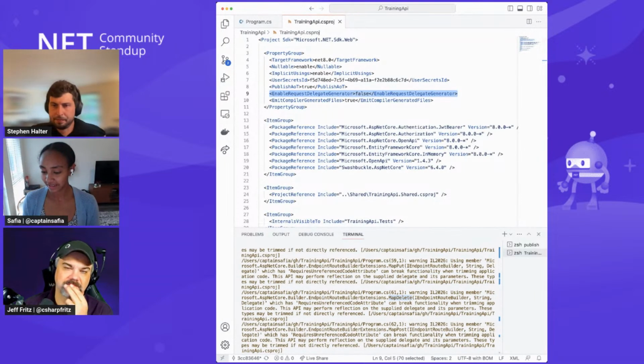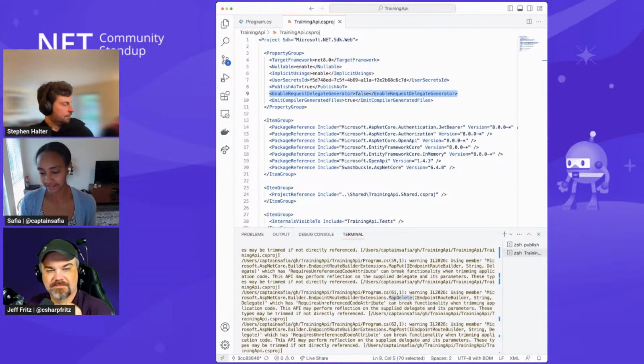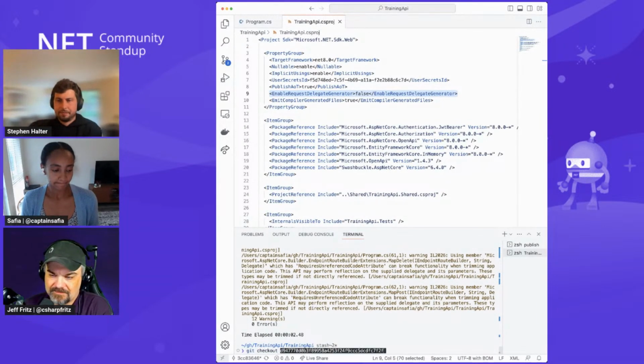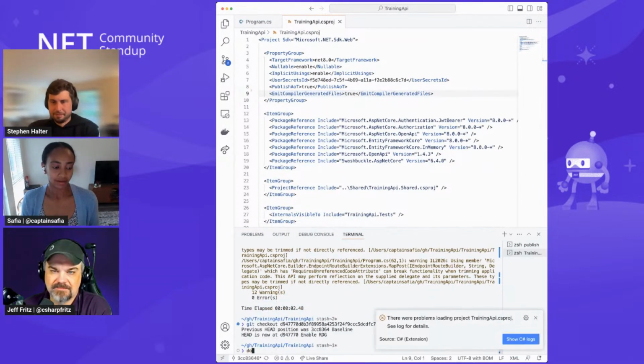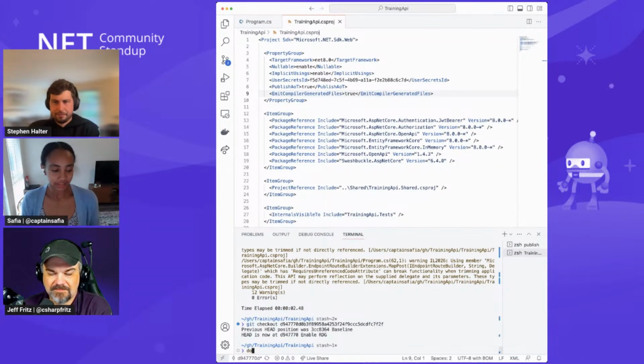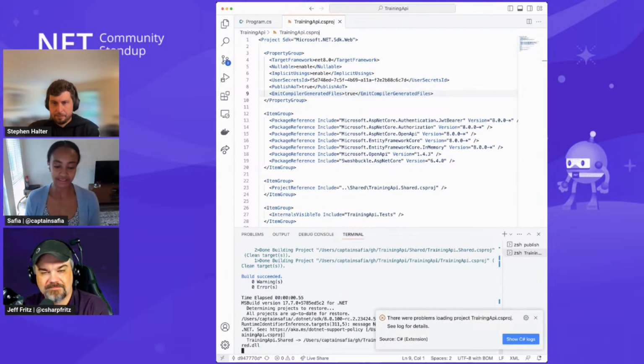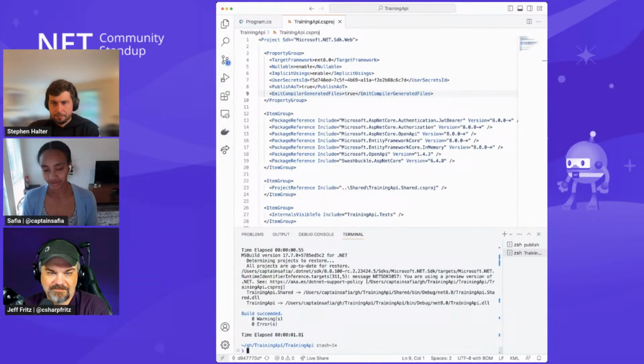And if I take a stab at removing this, pull out this commit, what I should see now is that doing another clean and build of my application will remove those linker warnings. And that is because we are now using compile time based code generation for our minimal API. So I've got no warnings here, at least at build time.